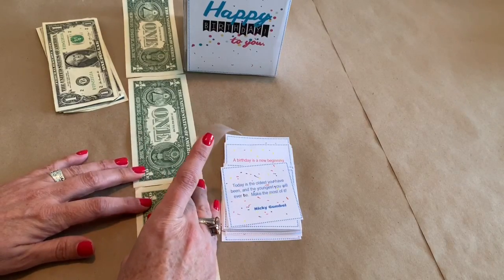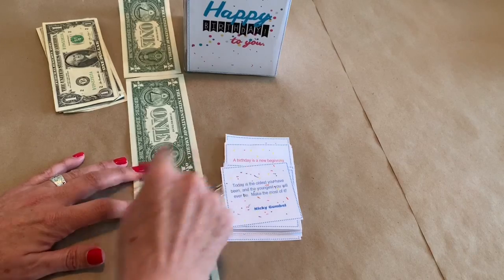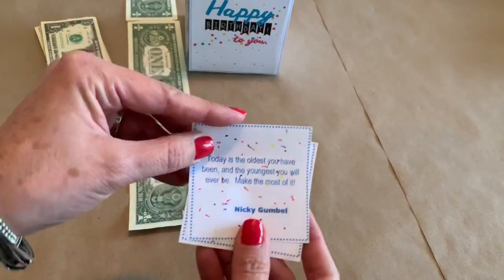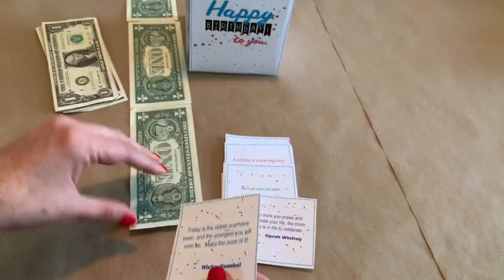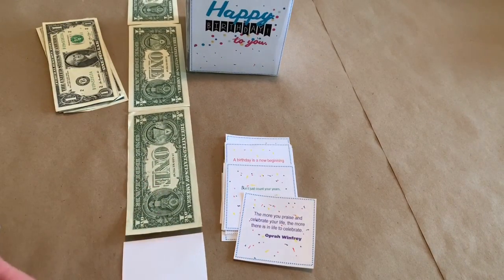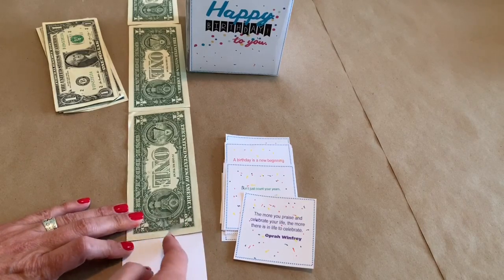And you can decide if you are going to use the quotes in my printable package, or even if you have your own notes that are the same kind of size as my quotes. That's fun too. It's very personal. You can decide how you want to alternate those. It doesn't need to be exact. I kind of went for every $2 to $3 bills, I put a quote in,